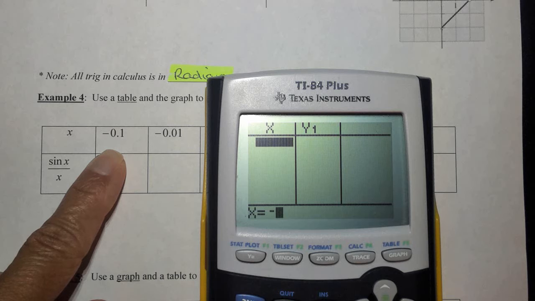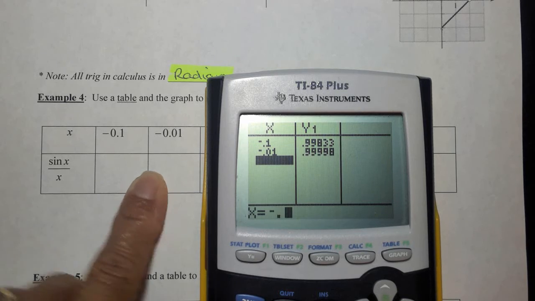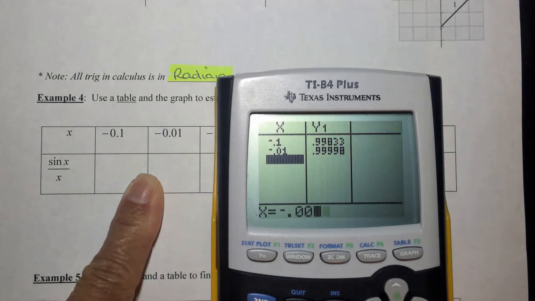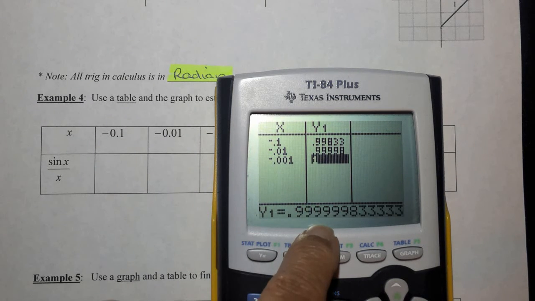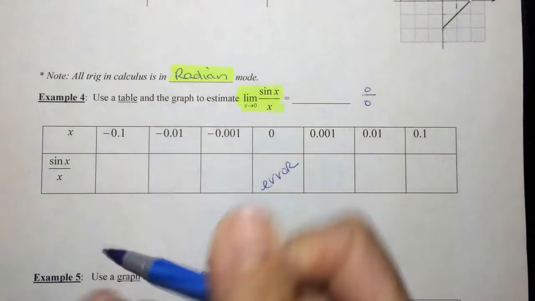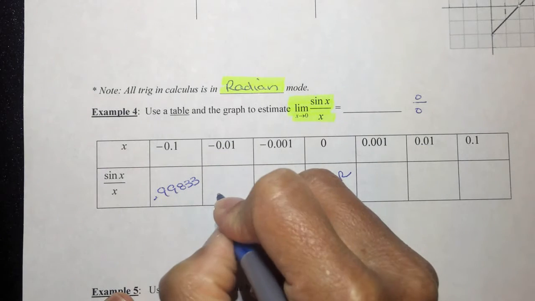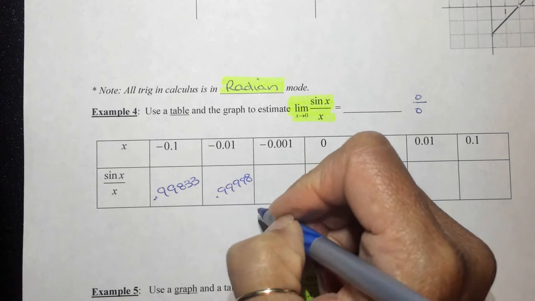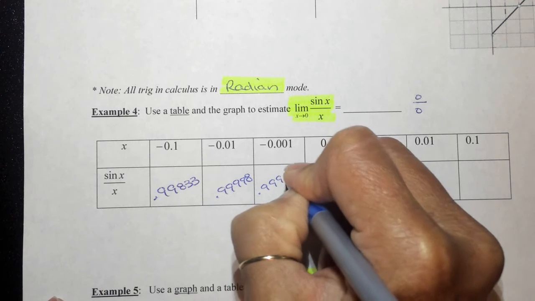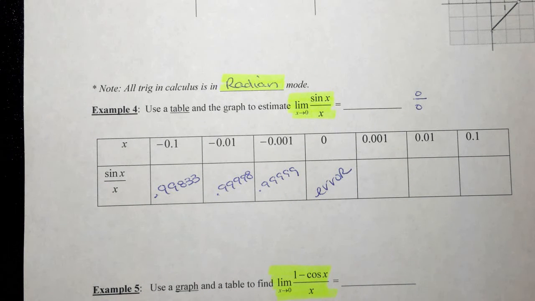So I'm going to type in -0.1. These are all coming from the table. I press enter. -0.01, -0.001. So when I do that, and actually when I go up here and look at this, you can actually see the true value because it rounded. When I plug this in, I get 0.99833, 0.99998, and then this one was 0.99999. Now I want to approach from the other side, so when I type this in,